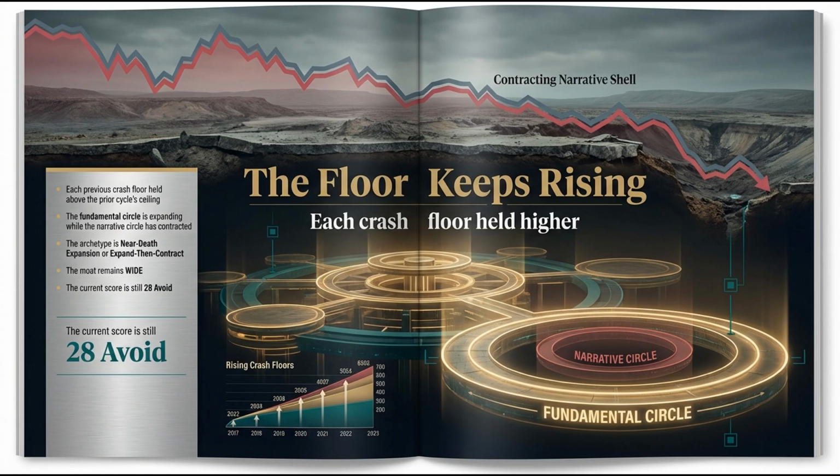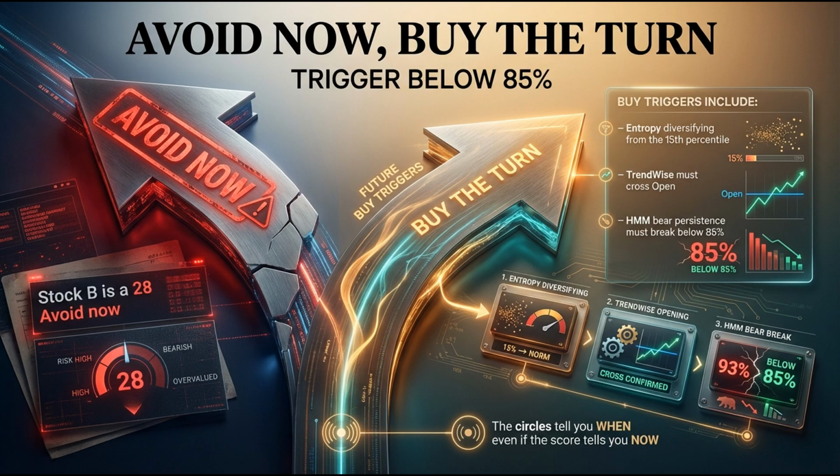If you only look at the static score of 28, do we miss the tectonic plates shifting silently beneath the surface? You are introducing an element of anticipation that the score is designed to render entirely unnecessary. When the tectonic plates shift, when the entropy diversifies, the score will mathematically update to reflect the new reality. But you're late. You do not need to anticipate the shift. You just need to react to the updated score. But by the time the composite score registers the shift from a 28 to a 70, the highest velocity repricing event has already occurred. The explosive alpha is generated in the transition state, not the steady state.